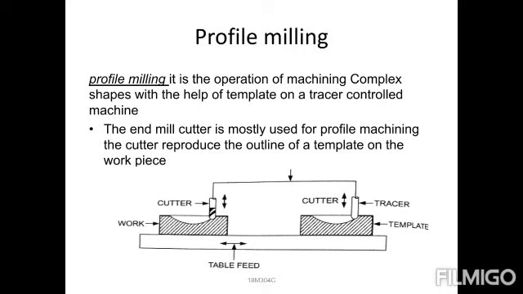The same shape of component will be provided on the left side, and on the right side a tracer will be provided. So what will happen, the same shape can be reproduced, so it is always utilized for intricate or complicated shapes and uneven sizes of shapes. Whenever we need to produce a component, the already manufactured component is provided at the tracer point. The template is provided on the right side, and the same type of cutter will be locked on the other side. So it will be rotated in the same way.